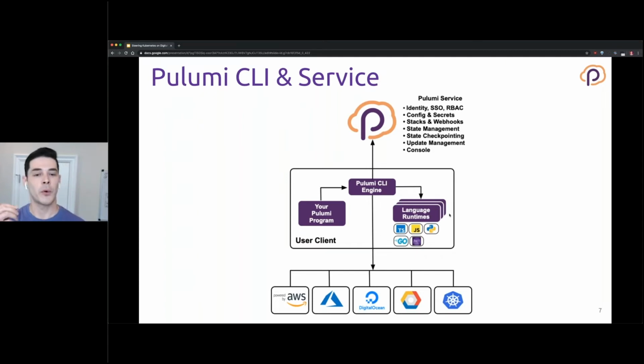So it'll say, create me a new domain in DigitalOcean, and it'll make that API request directly. There is no interchange format. There's no conversion to JSON. There's no conversion to YAML. Your program is the desired state. What you write in that program is what it will be provisioned,